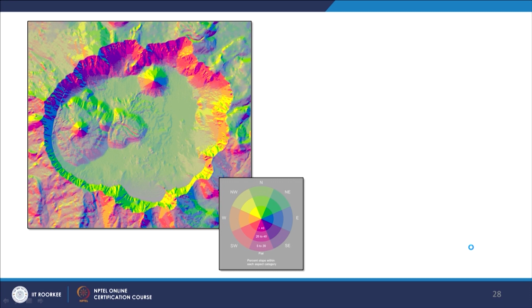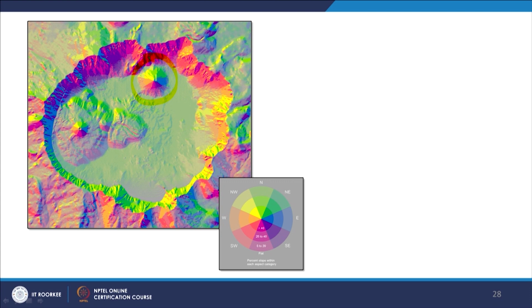Another example using the same technique has been tried on a crater, and there you see that a similar scheme is there, like a very saturated yellow color. That means the slopes are facing the northwest direction. If I take this central part of my crater, many colors are there which very nicely depict the sloping surfaces and their values.